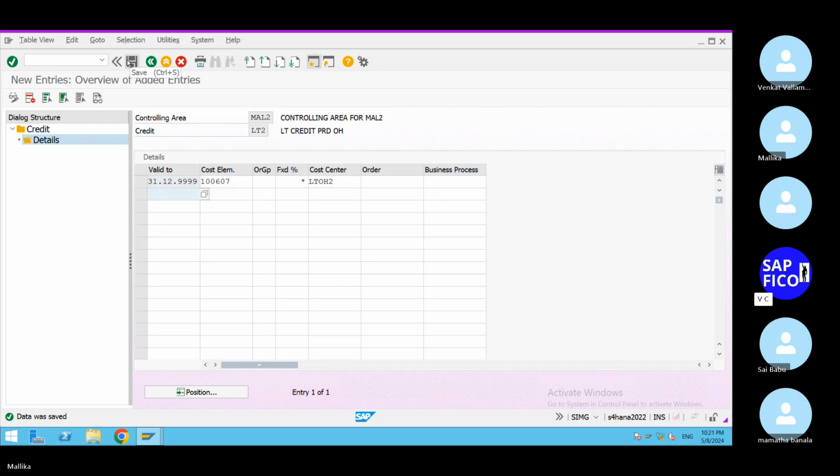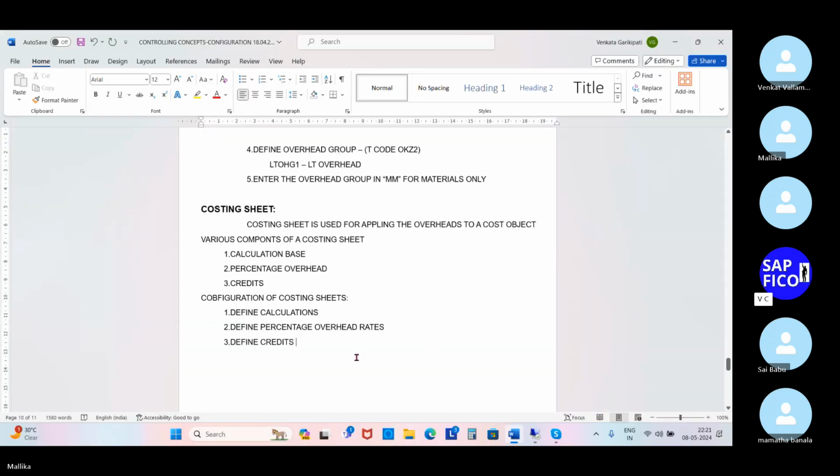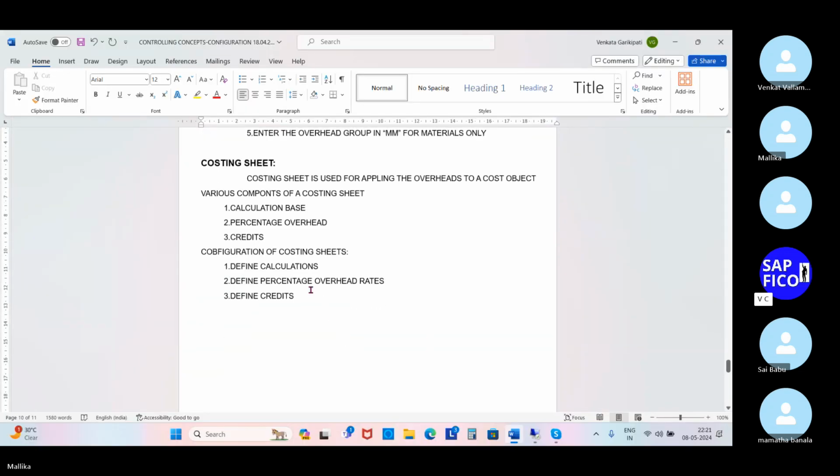So all of you, we have different three configurations. And now we should create the cost sheets. Okay, so go back to the Word document and try to take out the new point. Fourth point is define cost sheets. Define cost sheets. Okay, now what we need to do is go to the SPRO, reference IMG,